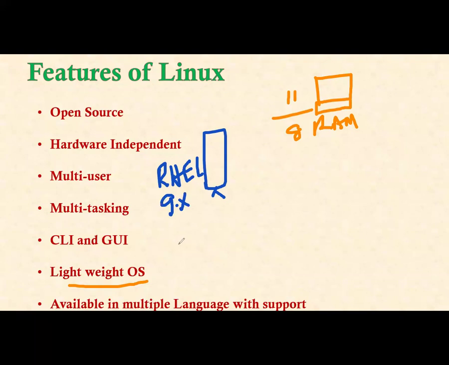This Linux server operating system can work perfectly fine on 1 GB RAM. If you're having 1 plus 1, 2 GB RAM, then it's good. If you're having 2 plus 2, 4 GB RAM, then it is excellent. So this is your lightweight operating system. You can install this Linux operating system on any hardware, and whatever configuration is there on it, you can simply install on that particular configuration.